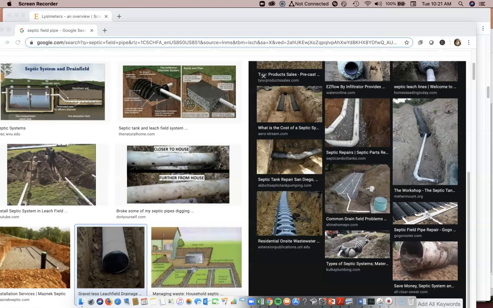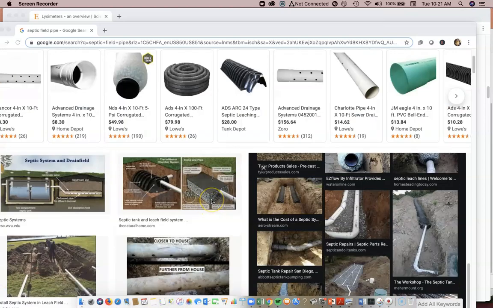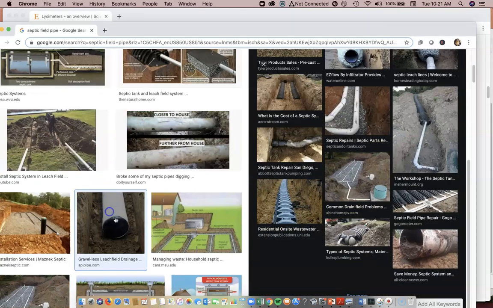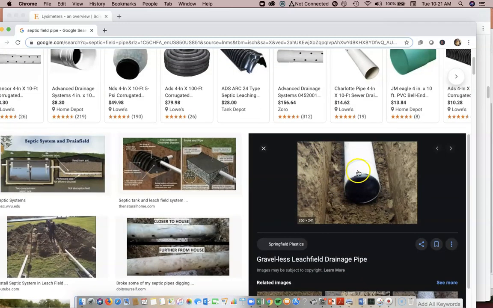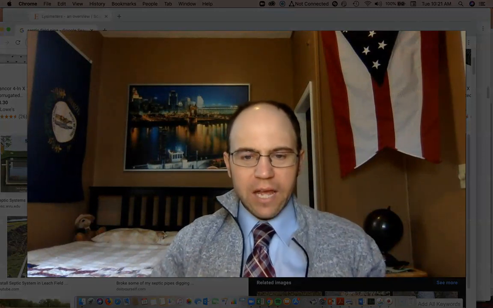It goes into a distribution box that will then route it into usually a series of a couple or 3 or 4 pipes. These pipes have little holes in them, or a lot of finer perforations. You can see some examples. There's an example here of some gravelless leach field pipe. There's a lot of fine little holes in these that allow the water to leak out of it and go into the soil. If you have fats, oils, and greases, as they run out slowly across that pipe,